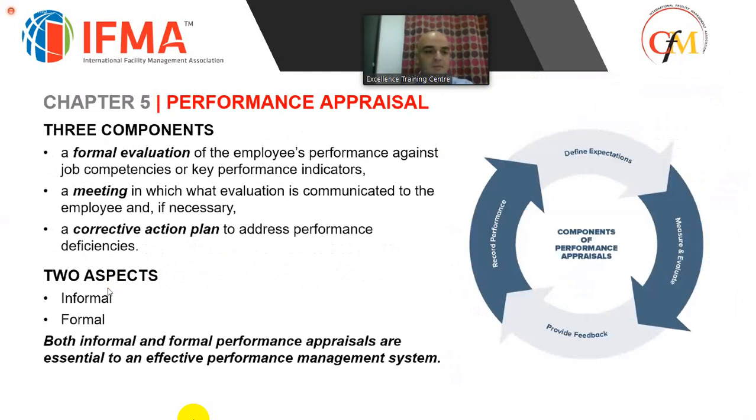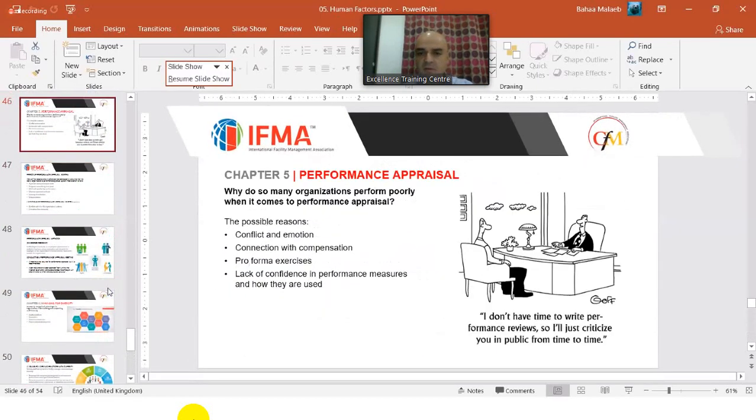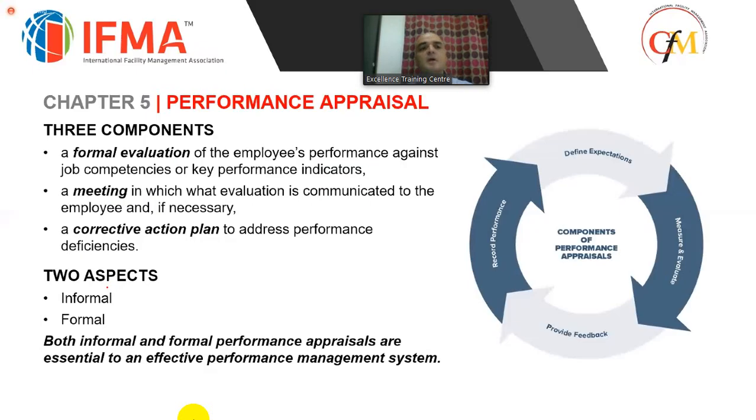Performance appraisal. We are now at slide 46. Okay, we are on track. Performance appraisal comprises three components. First, a formal evaluation of the employee's performance against job competencies or key performance indicators. So after we've defined the appraisal requirements, what we need from the employee, gave them the targets, set the objectives with them,